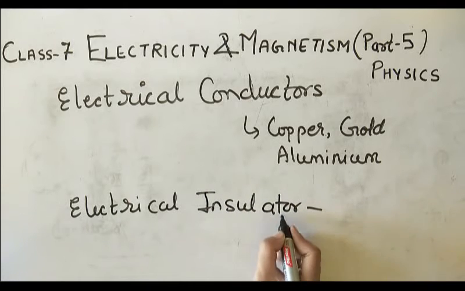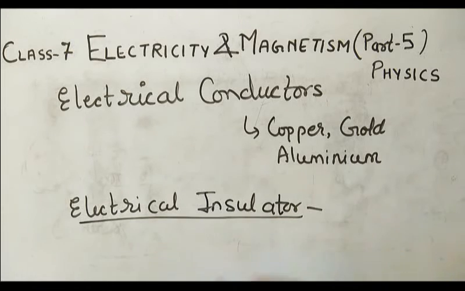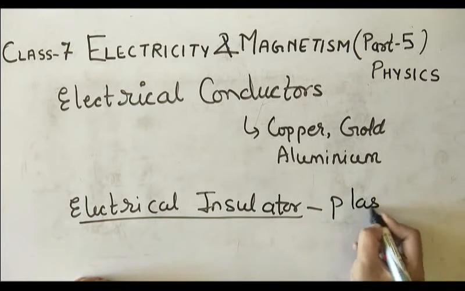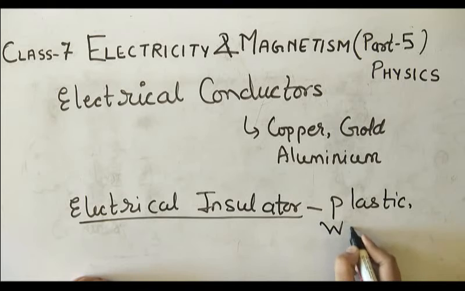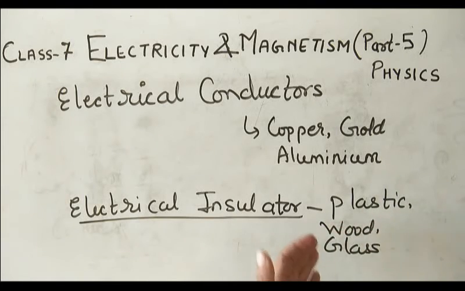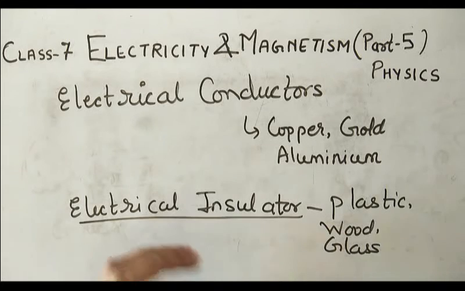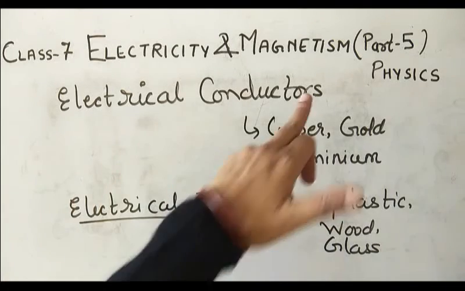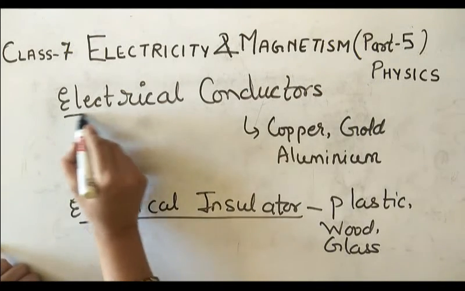Next is the electrical insulator. So what are electrical insulators? Electrical insulators are materials through which electricity cannot flow, just like plastic, wood, glass, etc. When electricians are doing electrical work, they try to stand on plastic, wood and glass because they protect them from electrical shock, and you all observe this. Okay, I hope you know electrical conductors and insulators, because it is also a very important topic.